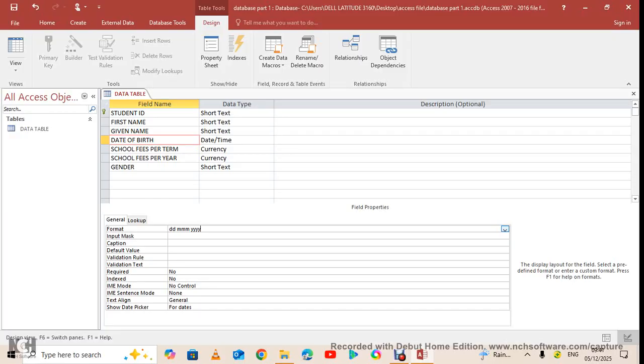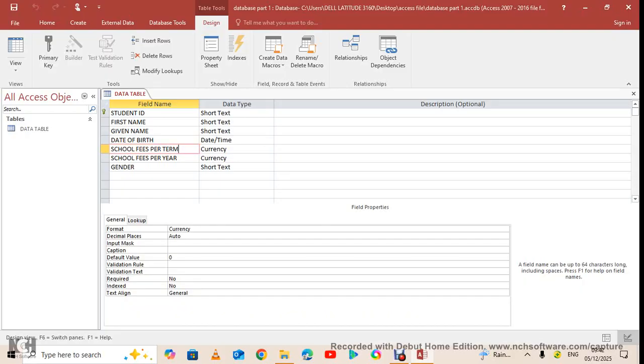Go together. So that is date of birth. You Ctrl S, save. Then you come to school fees per term. You may be asked to format the school fees in US dollars or Kenya shillings, Ugandan shillings. So it depends on what you want. So you click in school fees, you come in format,